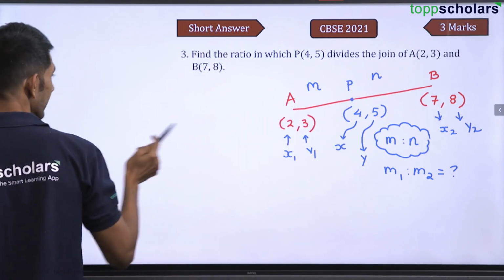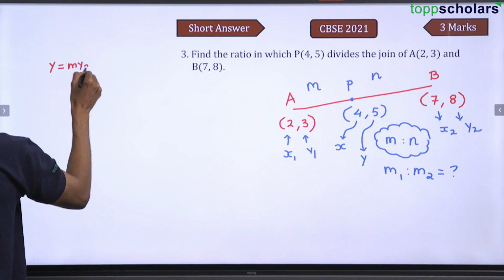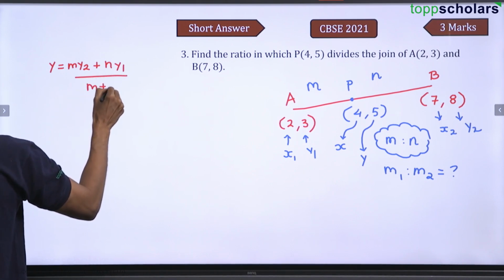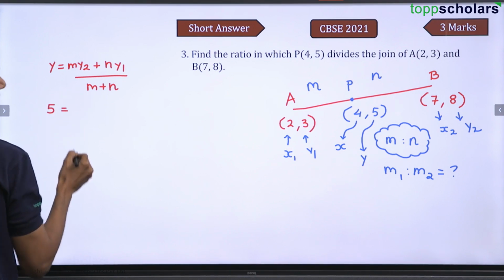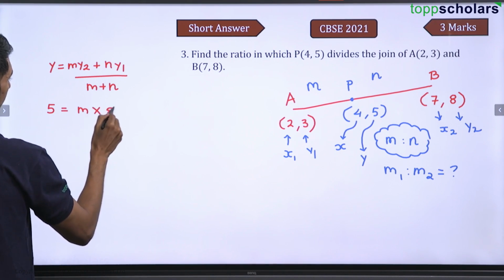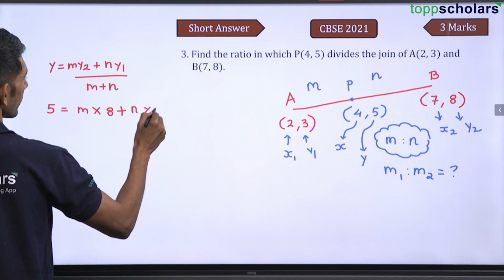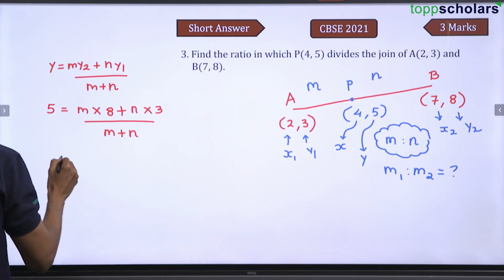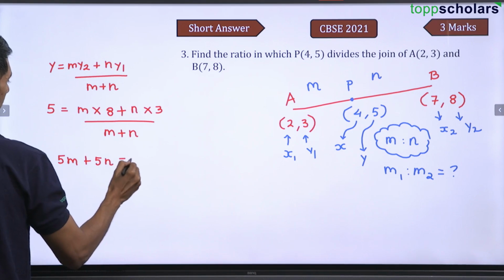So how do we do that? We do it like this. Y is equal to what? Y is equal to (m y2 plus n y1) by (m plus n). But what is y? Y is 5. So 5 is equal to m y2, that is m into 8, plus n y1, that is n into 3, by m plus n. If you take it here, that becomes 5m plus 5n is equal to